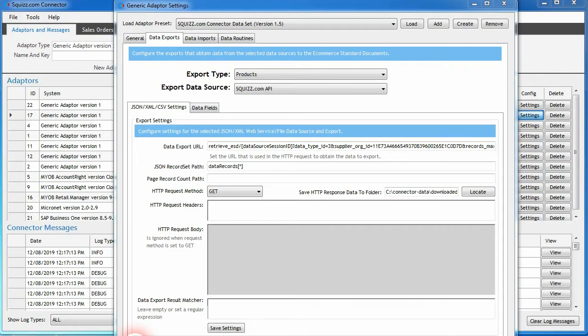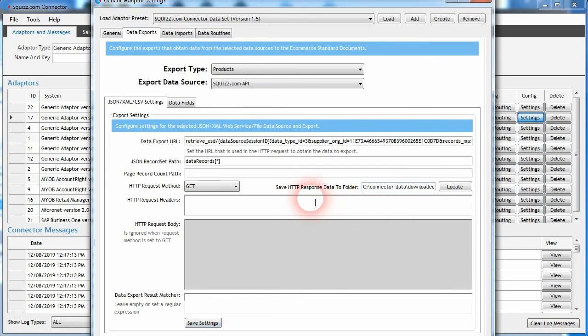If you no longer wish for a data export to save its downloaded data from a web service to the file system, all we need to do is simply remove the value within the save HTTP response data folder, set that back to blank, and click the save settings button. And now, because that is empty, the data export would no longer try to save any data to the file system. So that's the new setting that we've added to the generic adapter, and it is very helpful for when